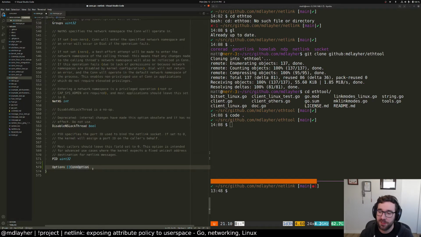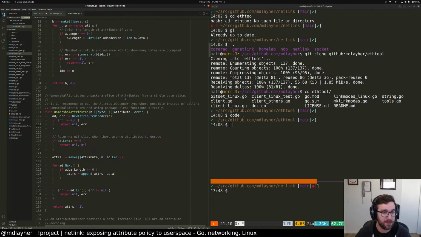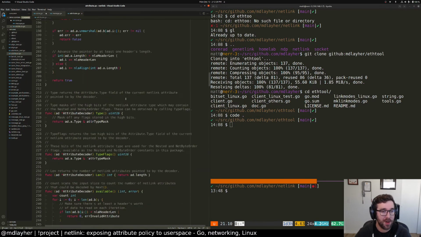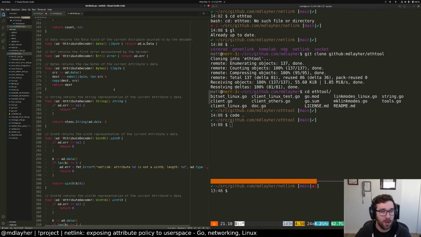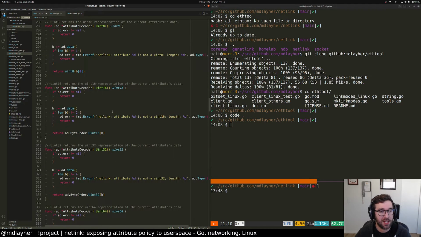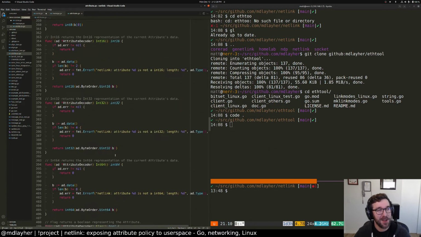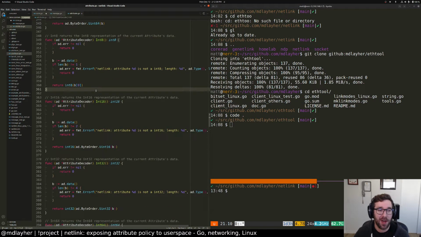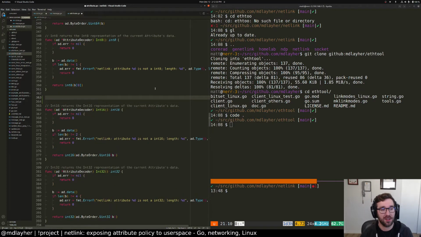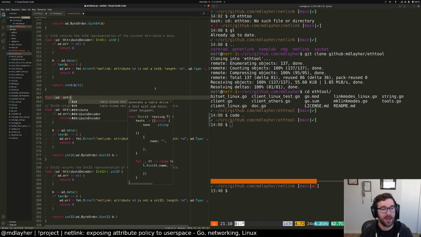What kind of benefits or use case do you see for generics in Netlink? Yeah, so for those who have been around for a while, if you look at the attribute decoder type, we have methods for bytes, string, uint8, uint16, uint32, uint64, int8, int16, int32. I think you can see where I'm going with this. So I think roughly what I want is something that's going to look like AD, attribute decoder,